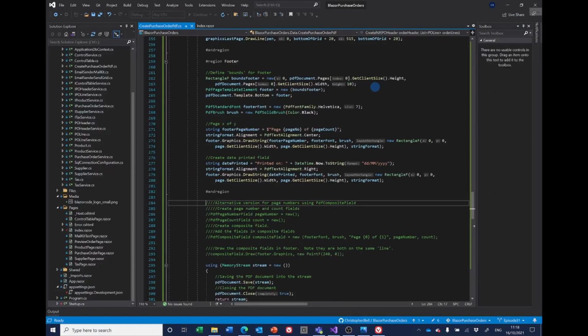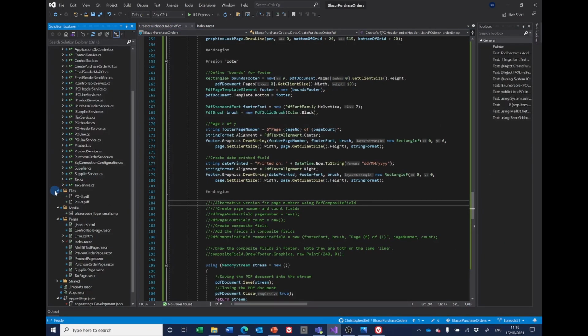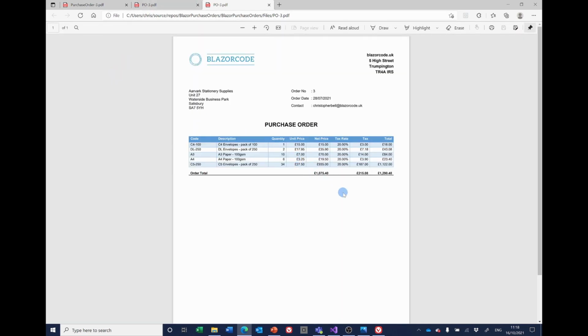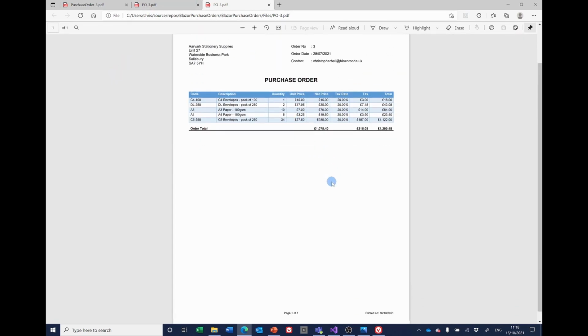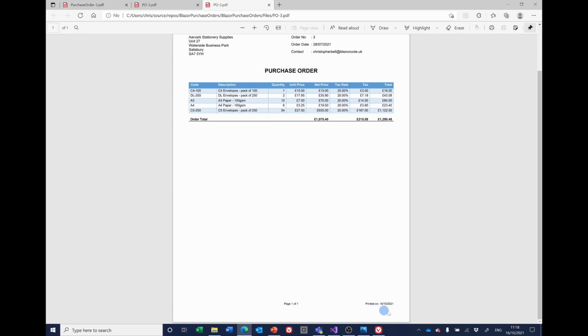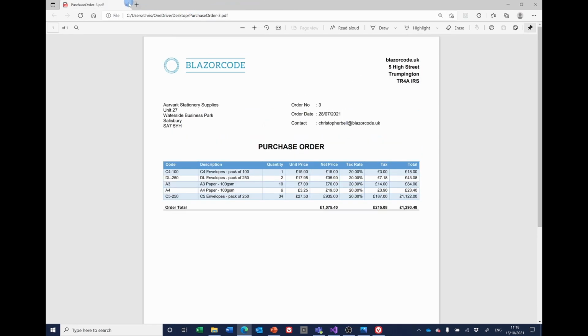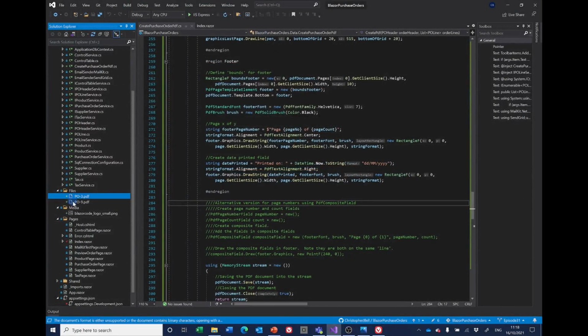If we now go back to the application and under files, we've got PO3, which is what we expect. It's now printed, it says with today's date on it. So let's close that. And PO9,